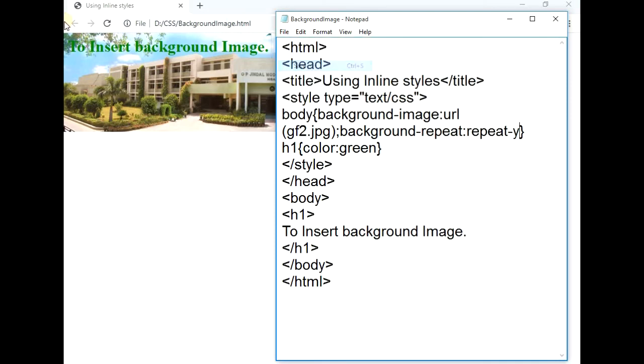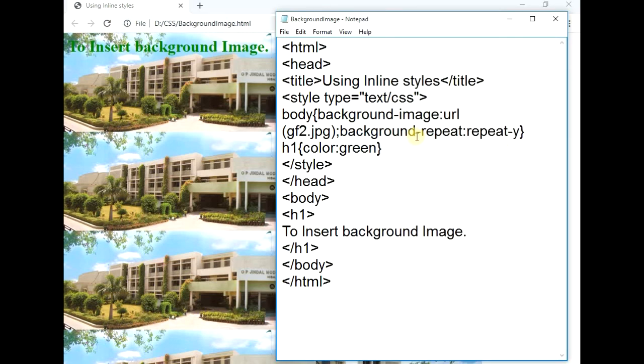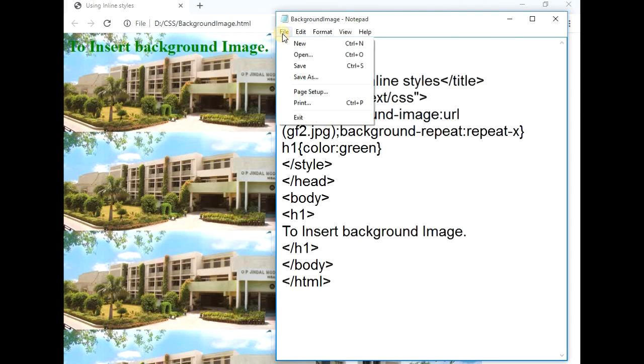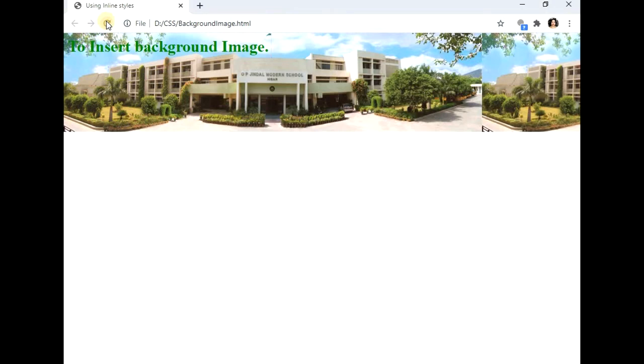File, save, refresh. It is repeating vertically. Let's see another: background-repeat: repeat-x. X is for the axis, that is, horizontally. Refresh. Is it clear, students?